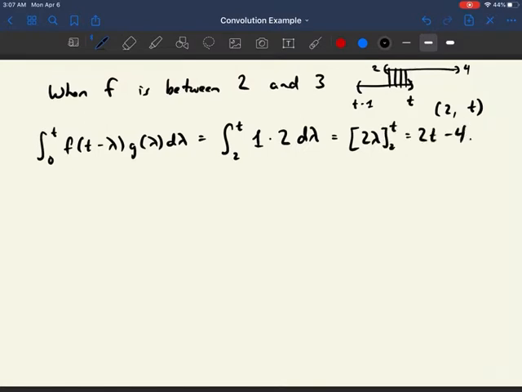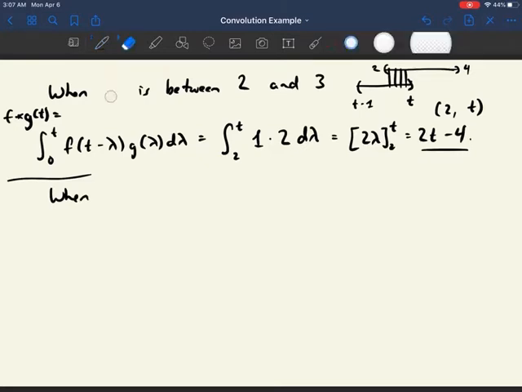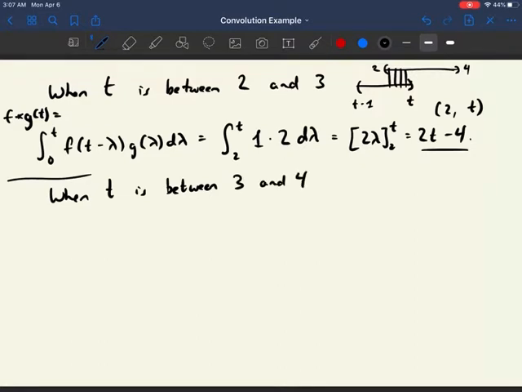So we get, well, we have to take the antiderivative. We get 2 lambda between 2 and t. So we get 2t minus 4 is the value of the function there. So f star g of t is equal to 2t minus 4 between 2 and 3. Okay, next region. Sorry, this is when t is between 2 and 3. When t is between